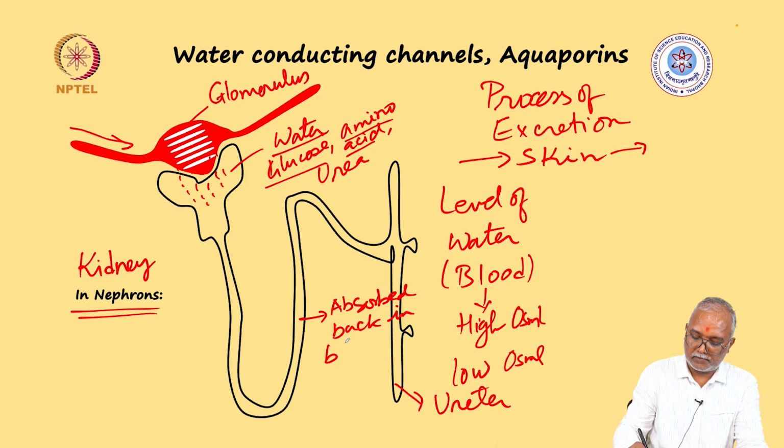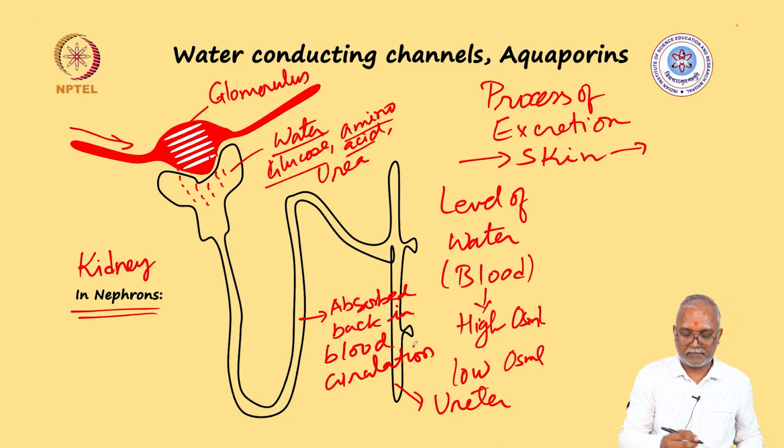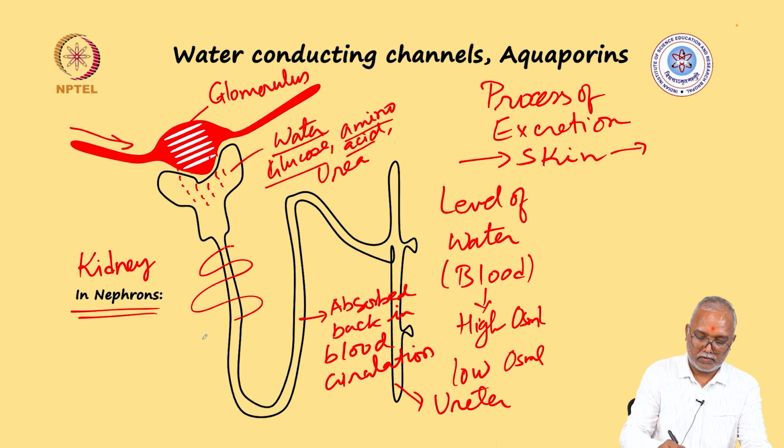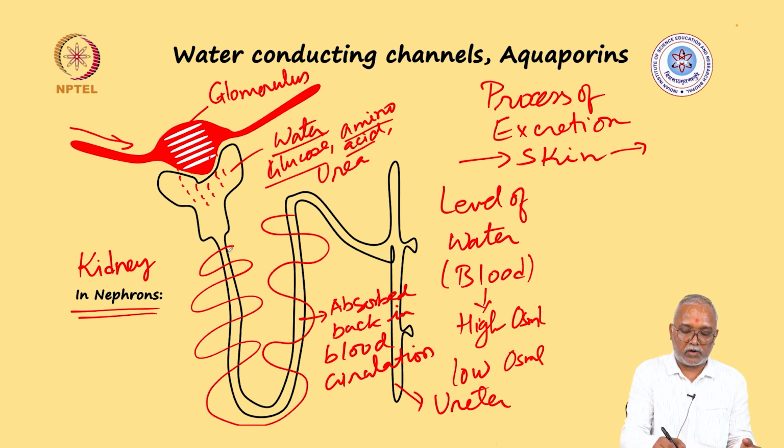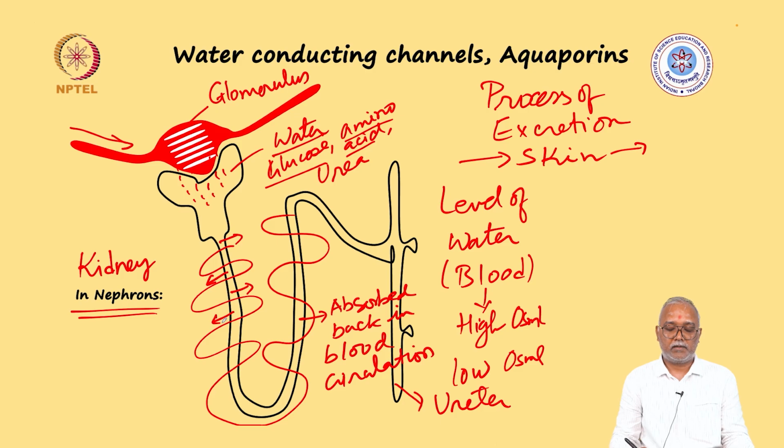In blood circulation. We understand that there are blood vessels around it, which are waiting for these molecules to now move out of the nephron and be taken back into the blood circulation. Right. So one of the biggest things which is being taken back, volume-wise and concentration-wise, is